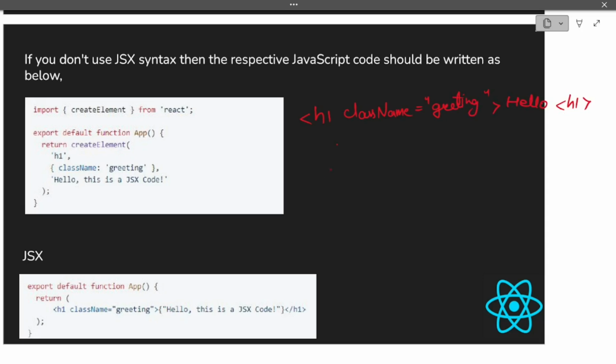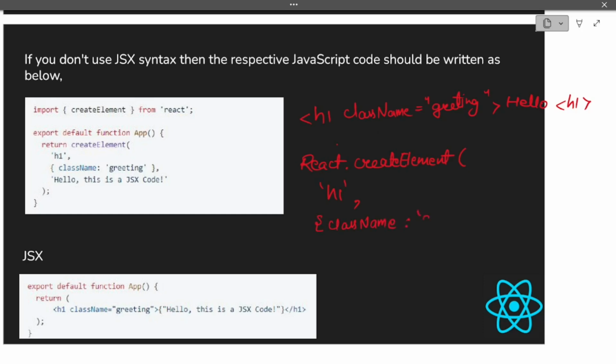So basically what happens is it uses React.createElement behind the scenes. When you write this statement, it is understood like this: React.createElement. This is a built-in function. Its first argument is the tag. For example, here we are using the h1 tag, so its first argument will be this one. The second will be any className or id, basically all the attributes that you are using in your element. In this case we are using className, so its second argument will be this.